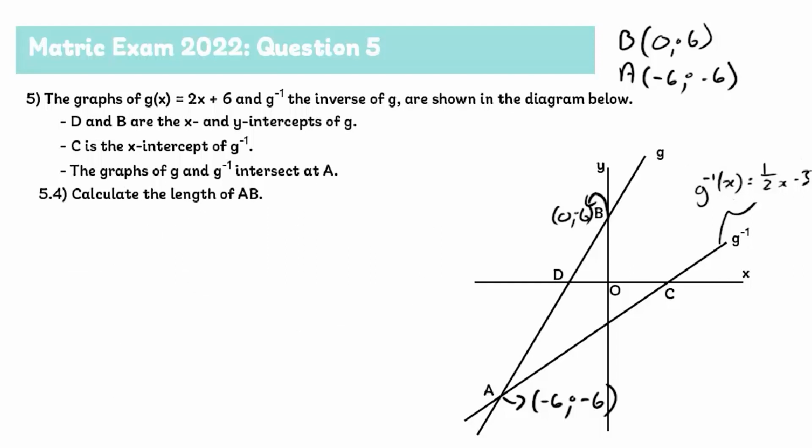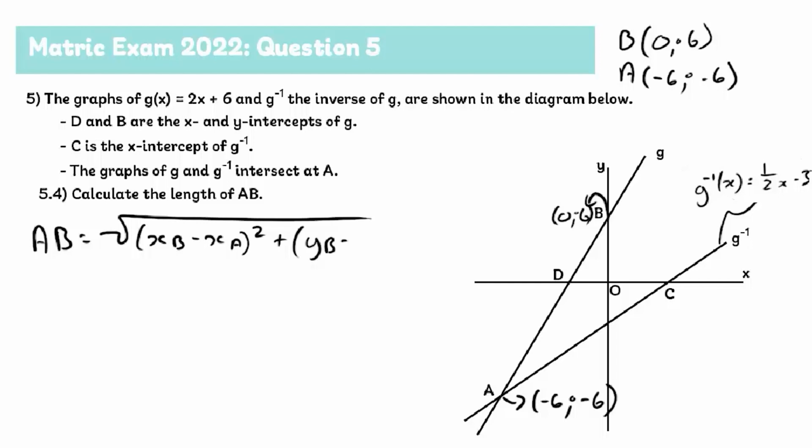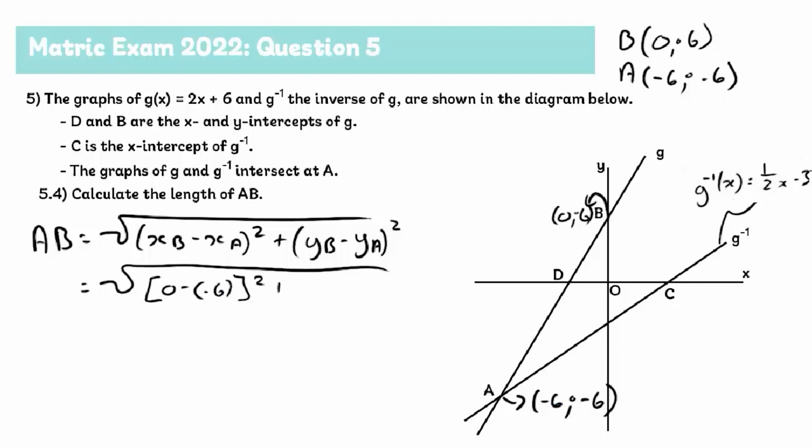Question 5.4. Calculate the length of AB. Basically we have to use the formula for the length of a line, which is AB equals the square root of (x of B minus x of A) squared plus (y of B minus y of A) squared. That'll equal the square root of (0 − (−6)) squared plus (6 − (−6)) squared. This will equal the square root of 180. Therefore, AB is equal to